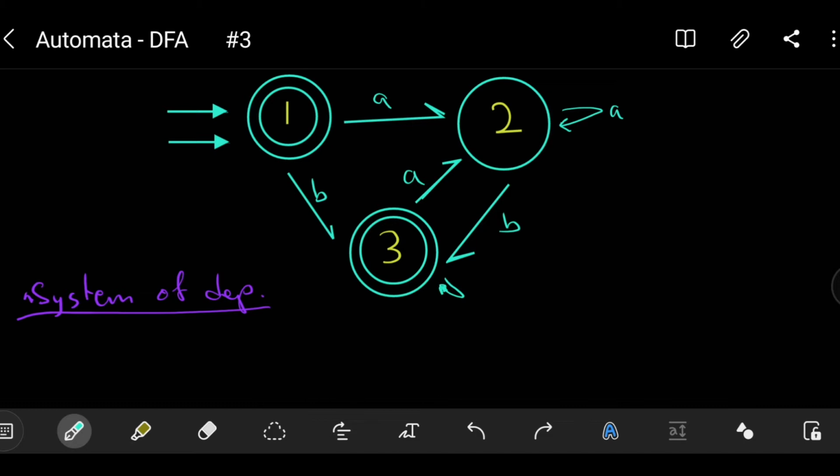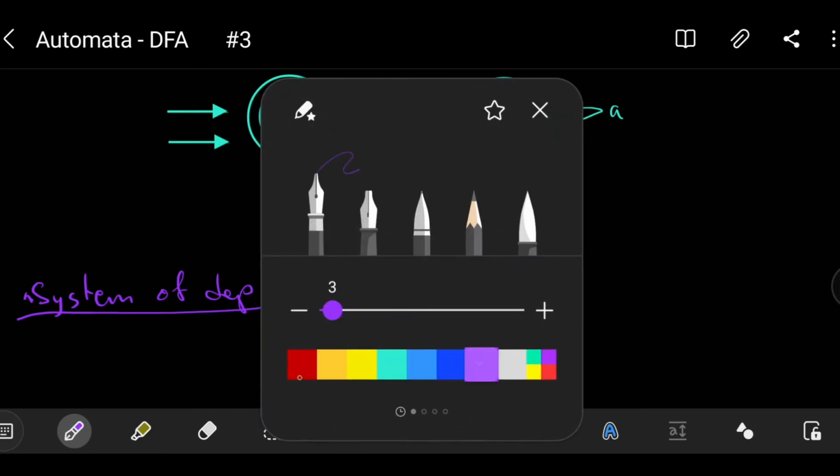Okay, B. Now, the system of derivatives starts with